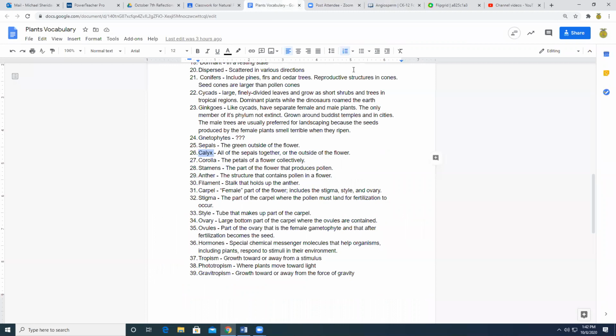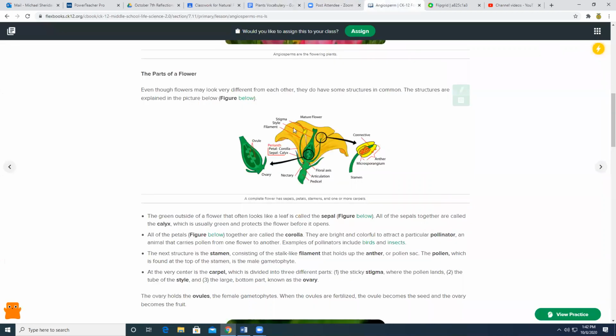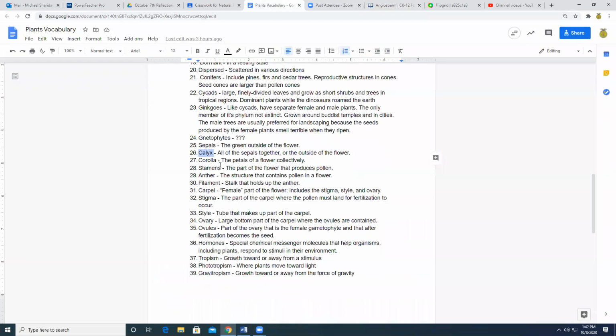Then you get the corolla. So this is all the flower. This is all the petals of a flower. And keep in mind that not all flowers look like this tulip. I mean, there are lots of different types of flowers. All angiosperms have some type of flower. It just depends on how that species has evolved to figure out exactly what those are. So, yeah, we talked about the corolla now.